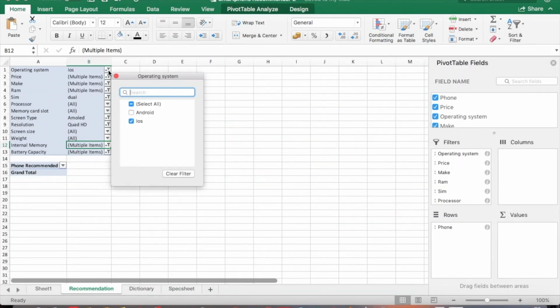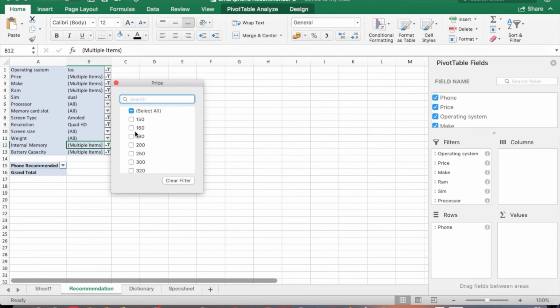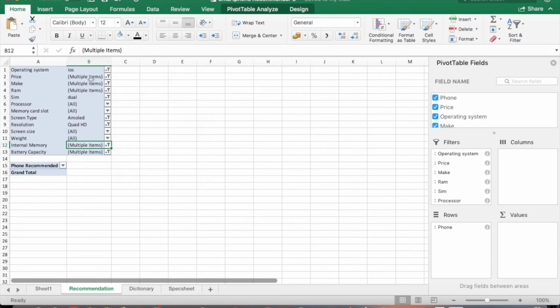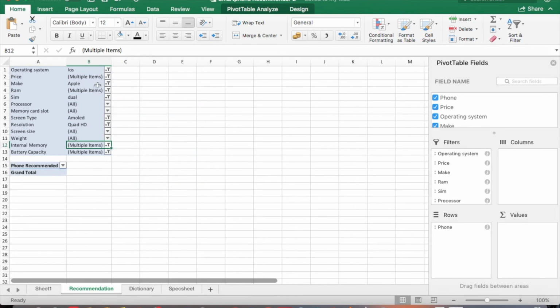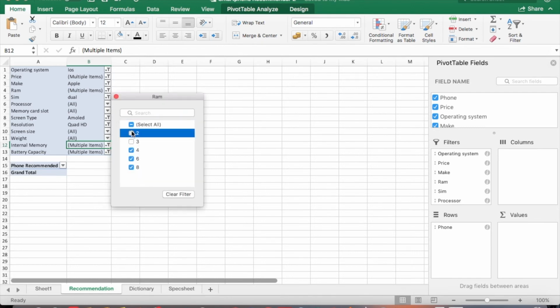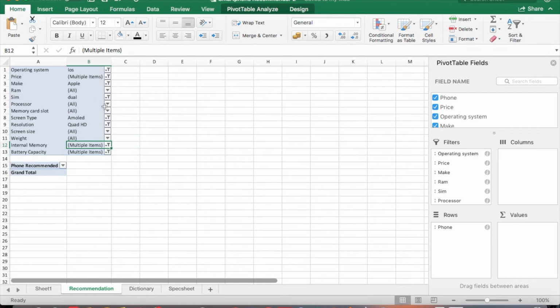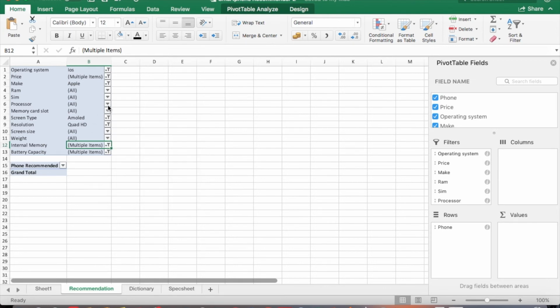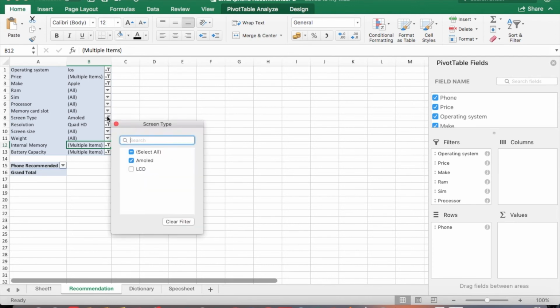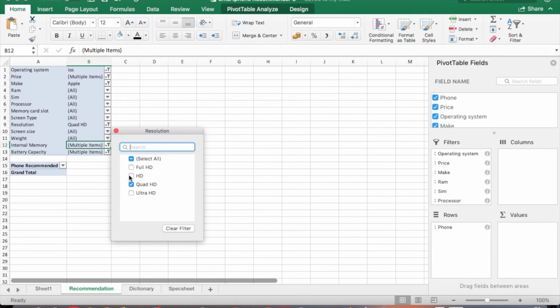Let's play around with the data a bit more. Let's select iOS for operating system. Let the price remain the same, and let us change the make to Apple, including 2 and 3 GB of RAM. Then changing the SIM options to single and dual, both. Screen type to have both LCD and AMOLED, and resolution to include full HD,